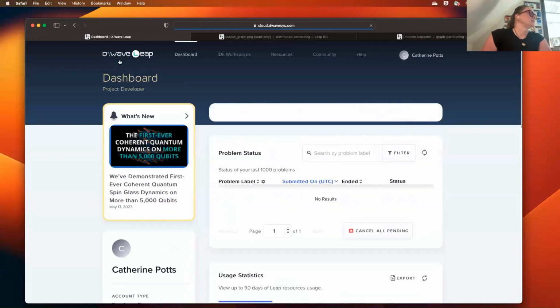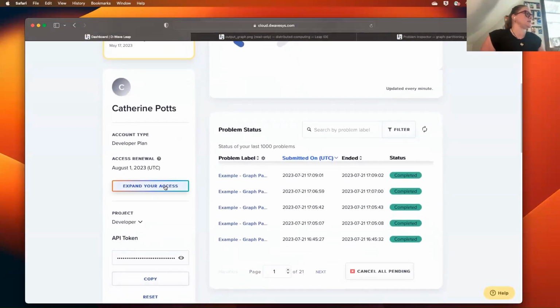On your LEAP account, there should be something that says expand your access right here. If you click on that and you link your GitHub account and a free public repo, then your minute will